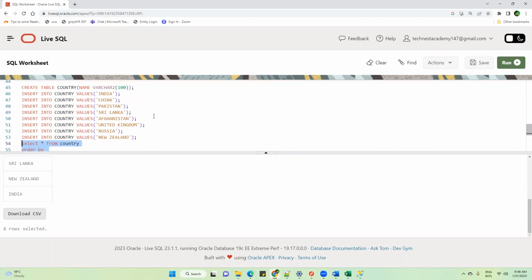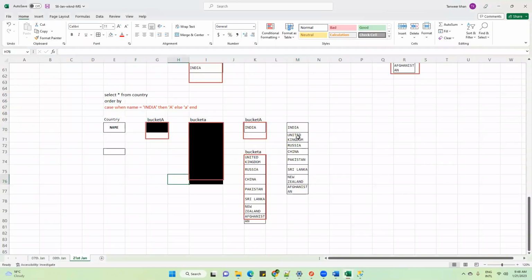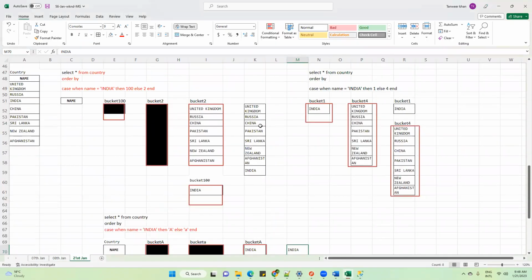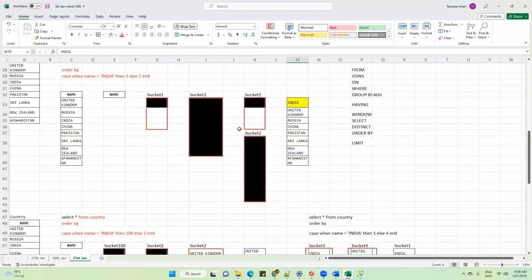Now the question is, my manager is telling me, Tanveer, it is fine. You have displayed India at the top here or any other places. That is clear to me. But Tanveer, do one thing. Display India at the top and all other countries I want to be sorted in ascending order. Is the requirement clear?